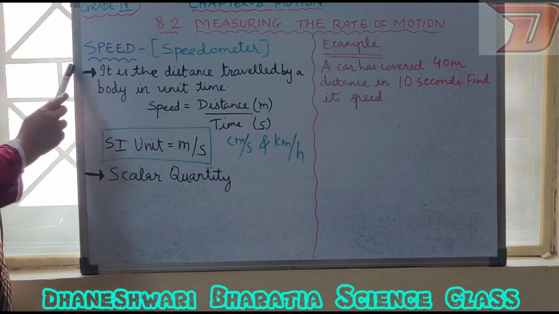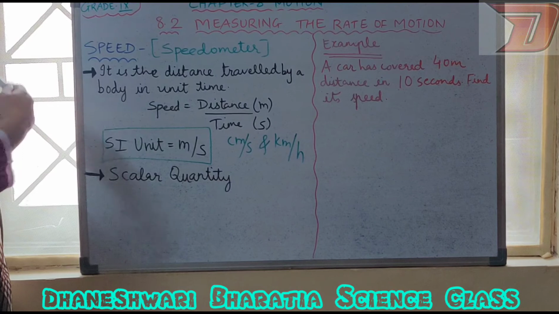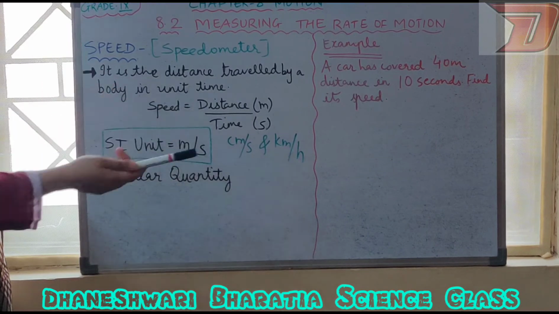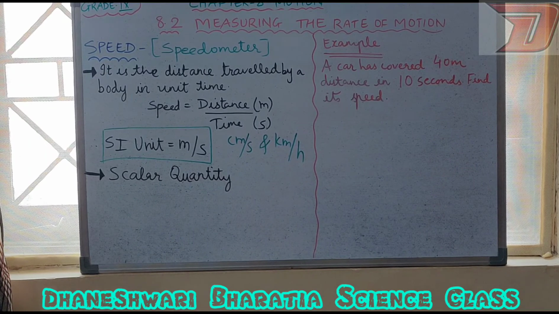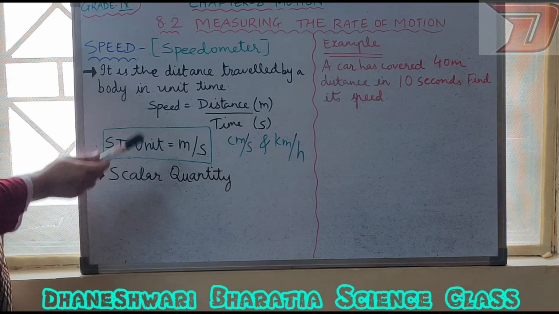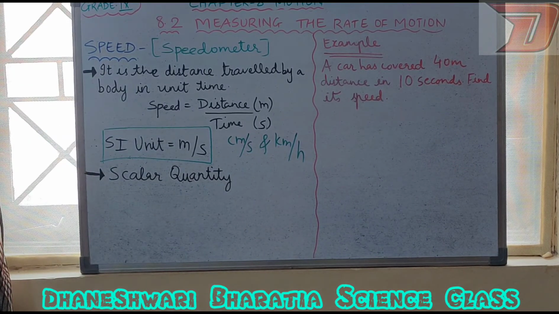Now whenever we discuss speed, we have always heard that it is 100 km per hour, 180 km per hour, 80 km per hour and so on, right? We have never discussed its direction, isn't it? We have never seen or read about the direction of the speed. That is why it is considered a scalar quantity. Hope this is clear.